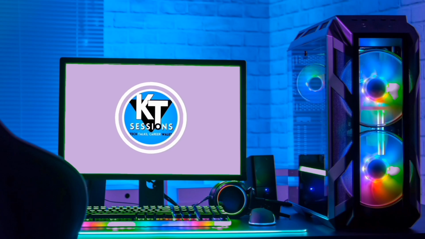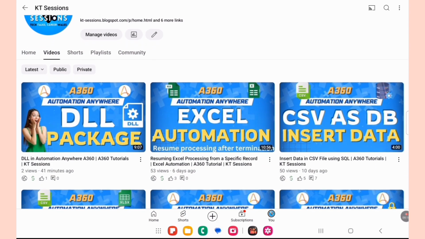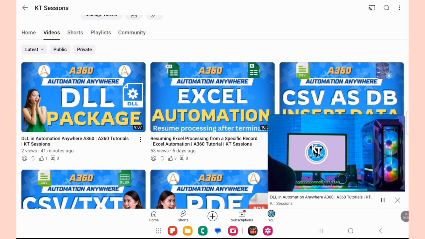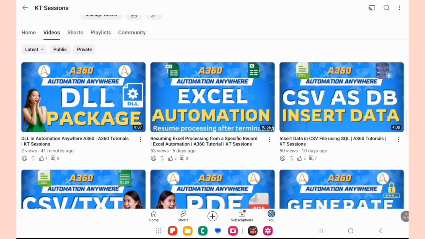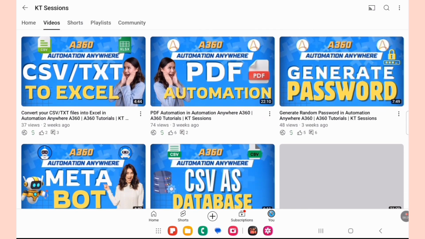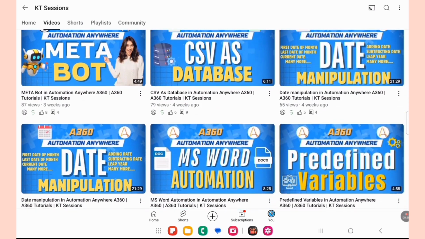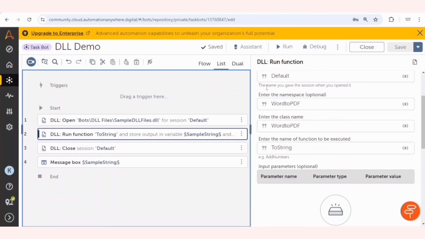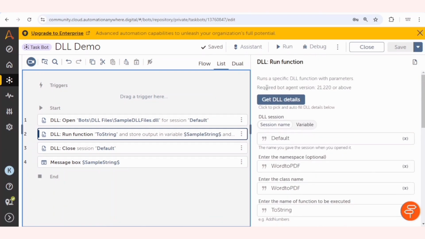Let's get started. In the previous video, we saw how we can use DLL files in our taskbot, and we explored what a DLL is, how to use the DLL, and how to get the details of a DLL file. And today we are going to see how we can convert a Word file into a PDF file with the help of a DLL. So we have this DLL file,